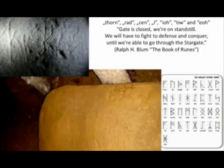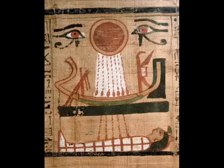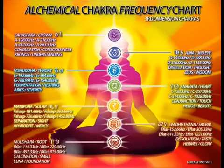The pyramidion and quartz stone need to be in place for the pyramid to focus the correct resonating frequency. The human body must also be put into proper vibration by way of meditation. In this painting, the Egyptian sun god Ra rides his solar bark into the afterlife. Notice 7 rays of light are coming out of the sun. These represent the 7 chakras of the body. Here is a frequency chart for the 7 chakras. Since pyramids are tuned to Schumann frequencies, the human body must also be tuned to them in order to travel